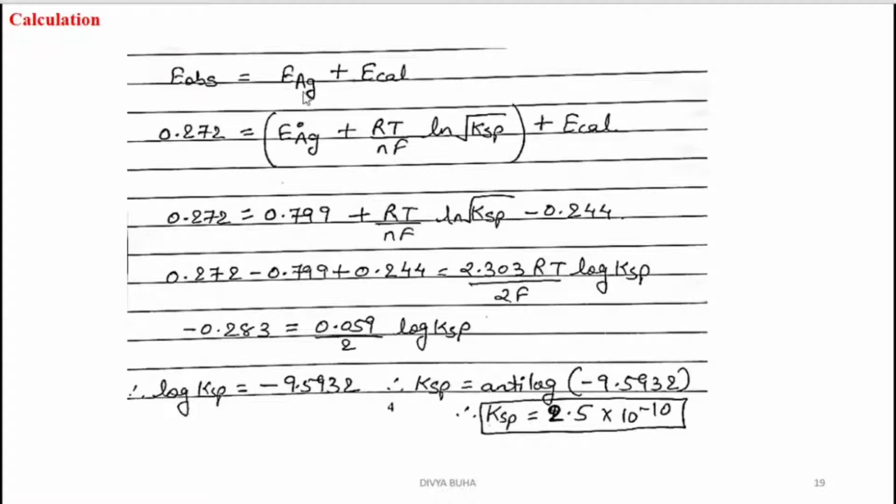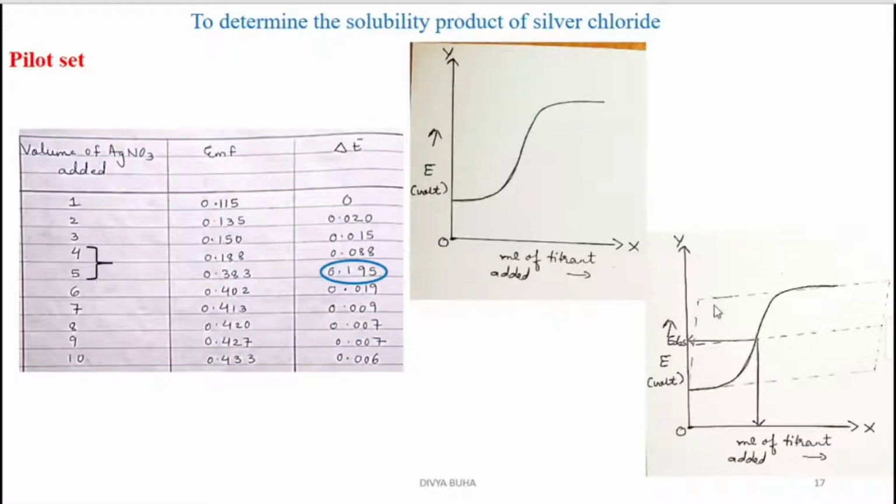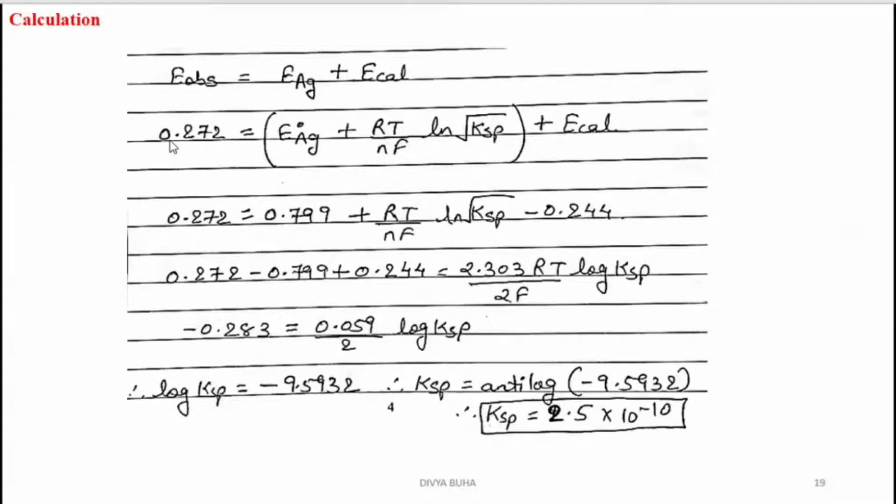Okay, and that would be equal to the potential of the silver electrode plus the potential of the calomel electrode. Now suppose the E observation obtained from this graph is 0.272 volt. So put that value. Now the potential of the silver electrode at the equivalence point is expressed as